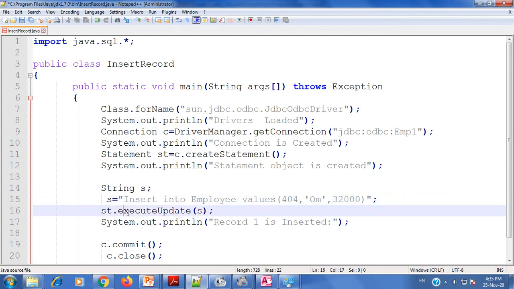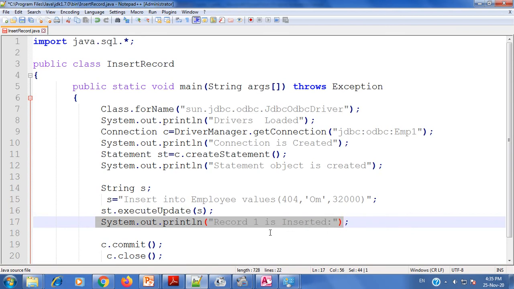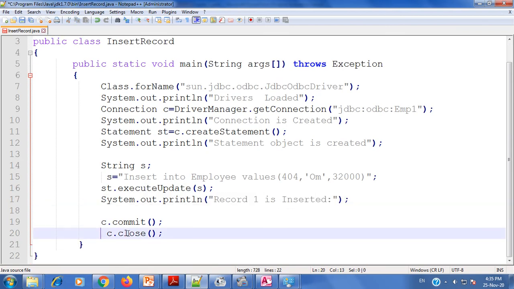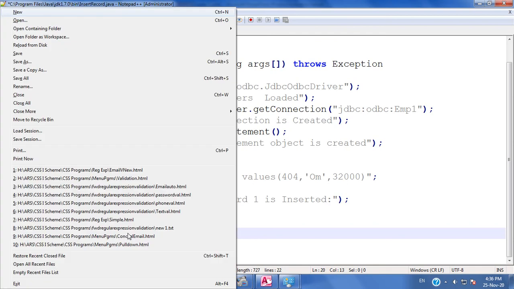Now the Statement interface has the executeUpdate method, which I have already explained. So Statement interface object.executeUpdate, and in brackets you are passing the query. Directly the query can also be written as an argument for this. So an insertion related query is to be written. Afterwards I am writing one message as record 1 is inserted. Commit is the method which is actually required for saving the changes into the database. As we are inserting the record into the database, that content should be saved. So we are using the commit method, which is provided by the Connection interface. And finally we are closing or terminating the connection.